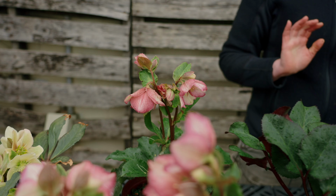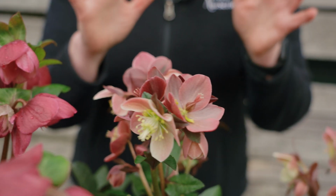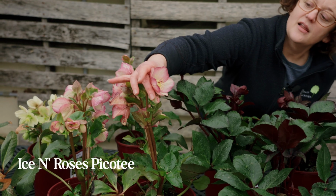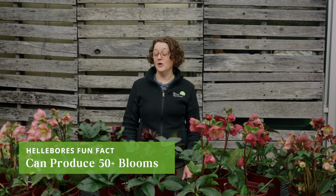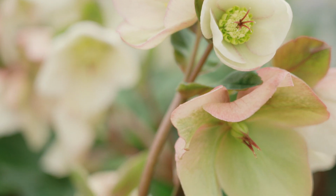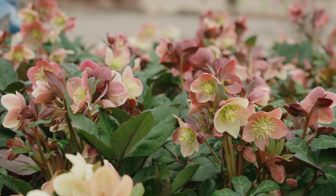They come in a host of colors. They can be almost black. They can be any shade of pink. They can be kind of stripy like this one. This is the Lenten Roses Picotee, which is beautiful. Once the plant is mature, you can get anywhere from 20 to over 50 blooms on one plant. So it's not just that it's early and that it's pretty, you're really gonna get a show. They can have speckles. They're just developing all kinds of different ones because they're getting so much more popular and